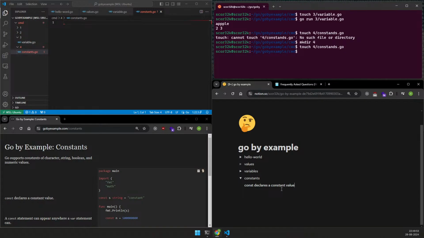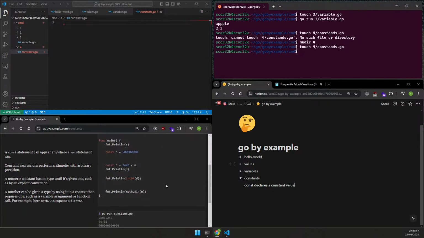Declare a constant value. A constant string can be anywhere. Create constant expression, perform arithmetic with arbitrary precision. Is this? Let me see. Arbitrary precision arithmetic, also known as bignum or simply long arithmetic, is a set of data structures which allows